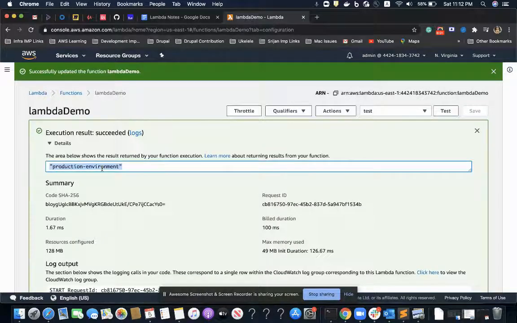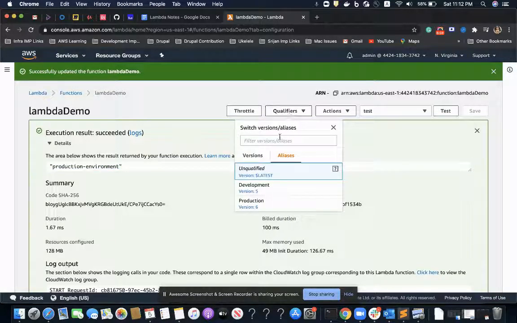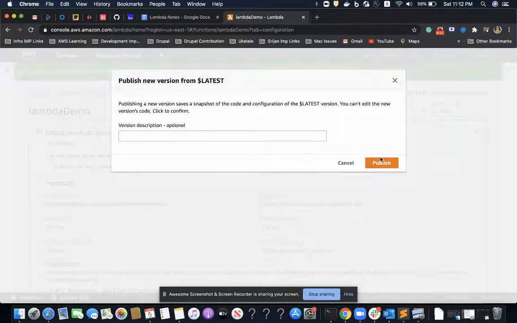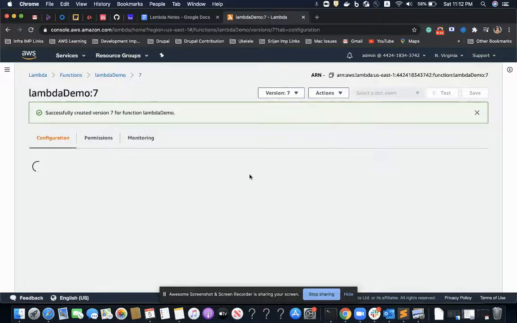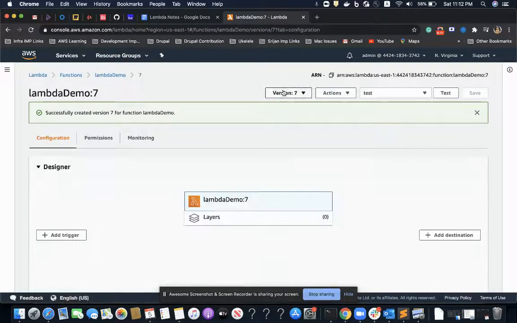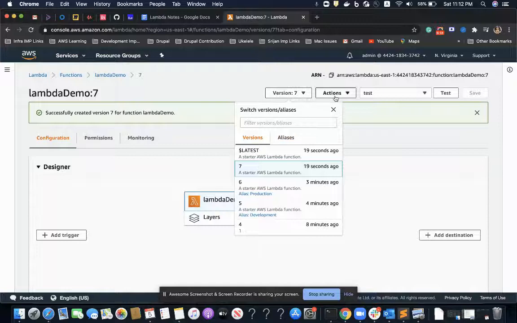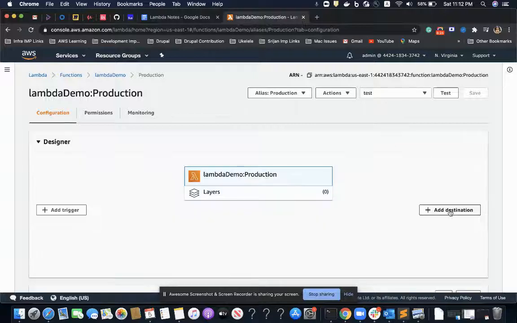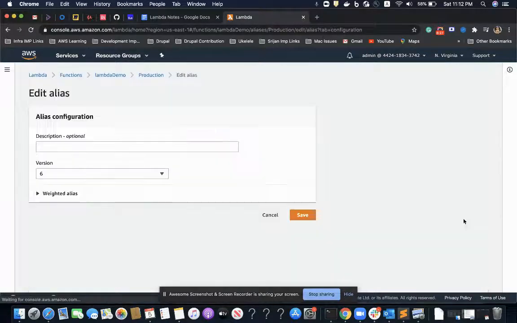Now I want my production code to reflect this change. I cannot do so, as I told you, with a version. So I'll create a new version and publish it. Now these recent changes are reflected in version 7. I'll simply go to my production alias and map that alias to the latest version.